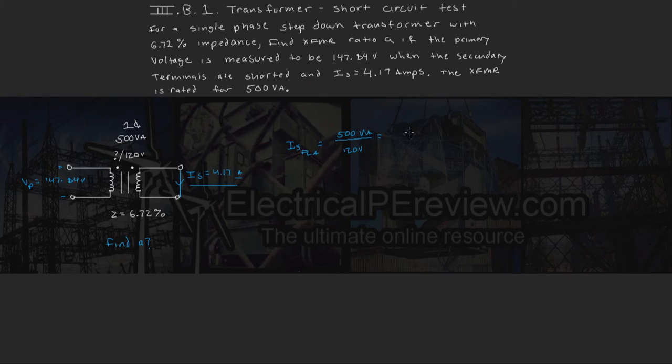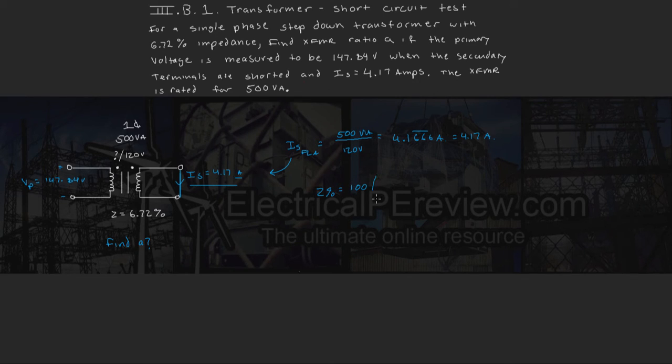So we do the math and we come up with 4.1666 repeating amps, or 4.17 amps rounded. Since this matches the secondary current given, we know that we can continue, since this is our secondary full load amps. Now, percent impedance is going to equal